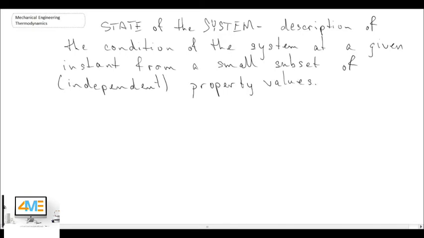So the state of the system is basically a description of the condition of the system at a given instant